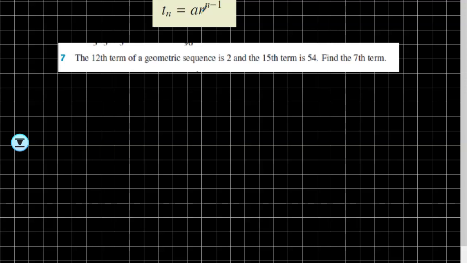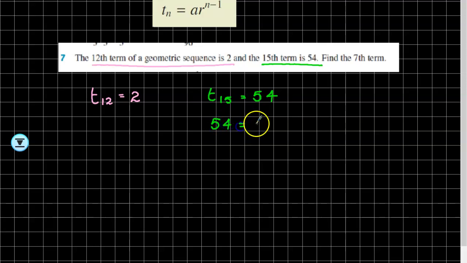All right, here we go. The 12th term of a geometric sequence is 2. So when we write that, we convert it straight to mathematics. So T12 equals 2. The 15th term is 54. This is nothing new to what we did with arithmetic. Do you agree? The only difference is when we sub it in now, we sub it into our formula, we